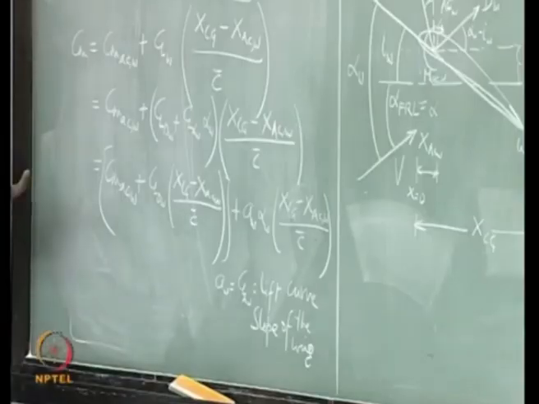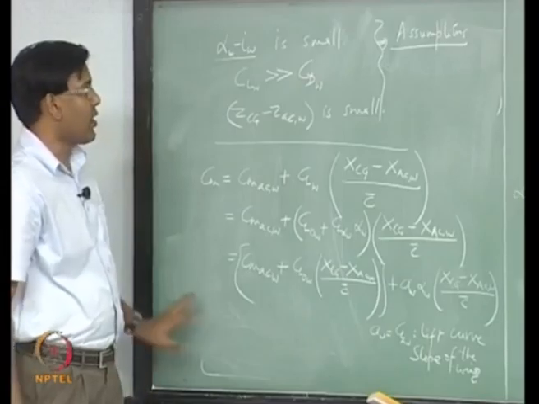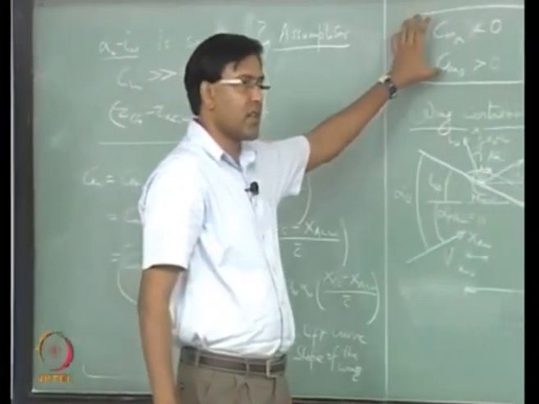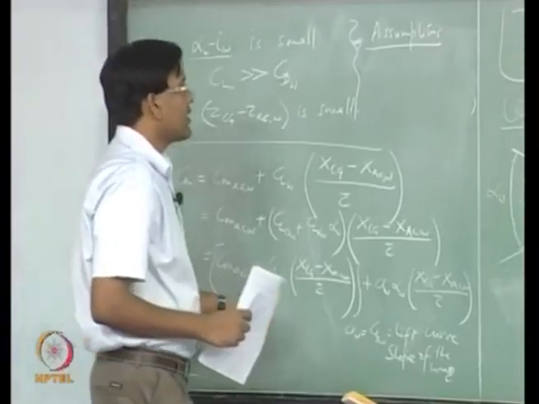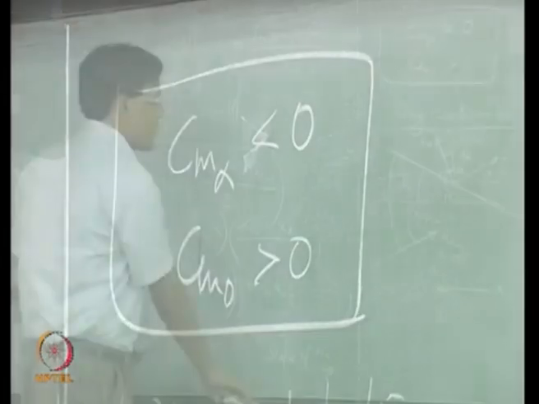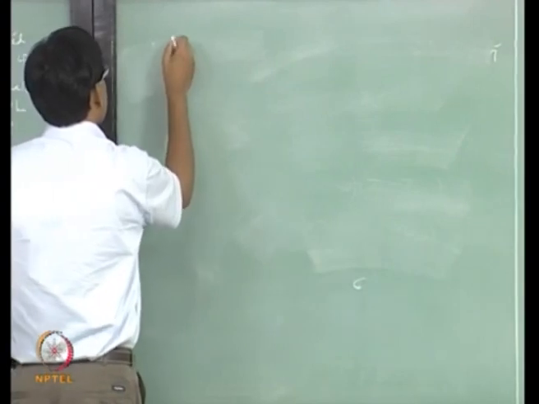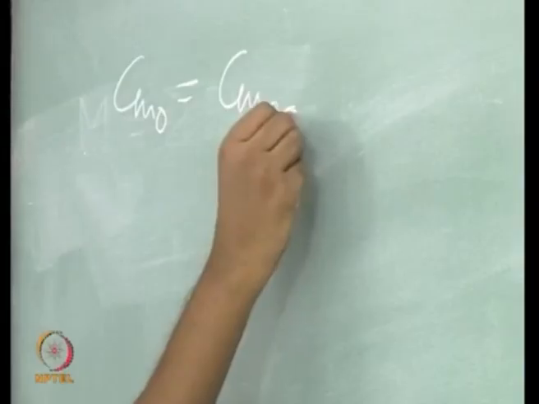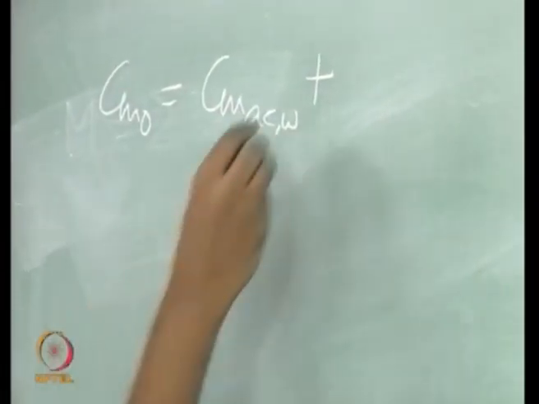So, this is the expression for the total pitching moment coefficient, and what we want to do is see if they are satisfying these two criteria or not. So, let us try to write down expressions for Cm naught and Cm alpha from here. The expression for Cm naught is Cm_AC,W plus